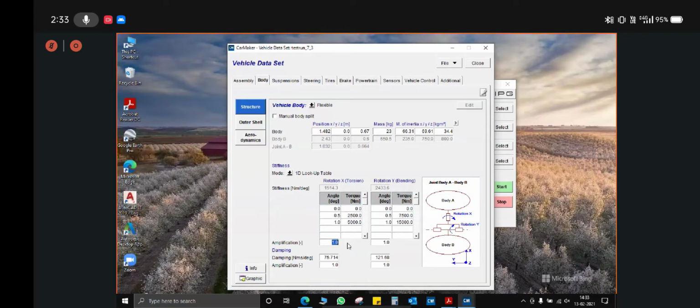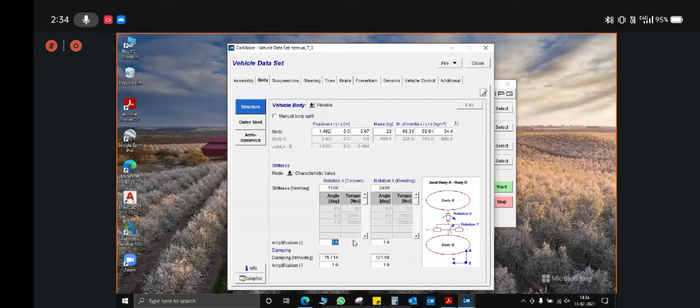Wherever the amplification value comes across in any of the subsystems, amplification value simply means a multiplying factor. So say for example, for the characteristic value of torsional stiffness I have put 1500, and the bending stiffness I have put 2400, and the amplification is 1.